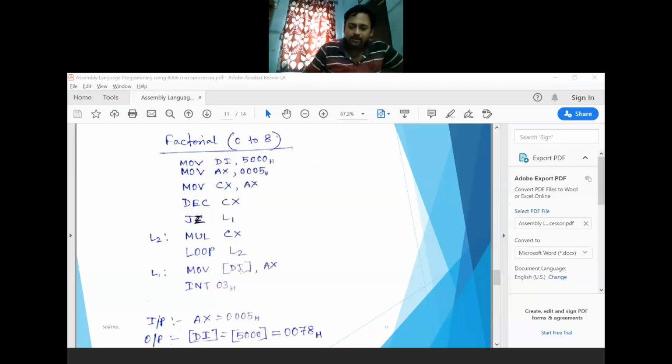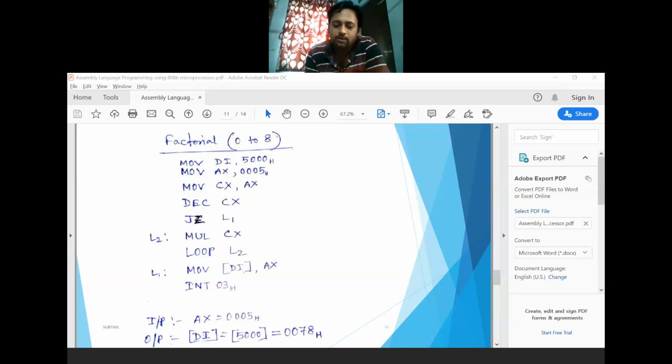According to our trainer kit compatibility, these instructions have been written this way. So write MOV [DI], AX, then ADD DI, 0002, so that DI is incremented by 2. That will be 5002, where you can store MOV [DI], DX, then INT 03.